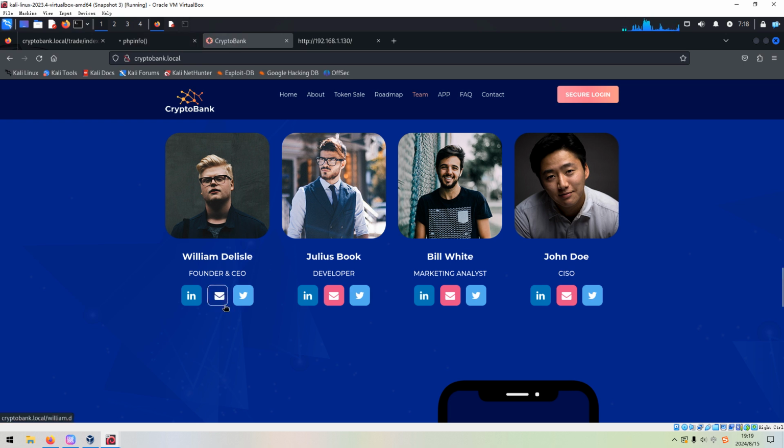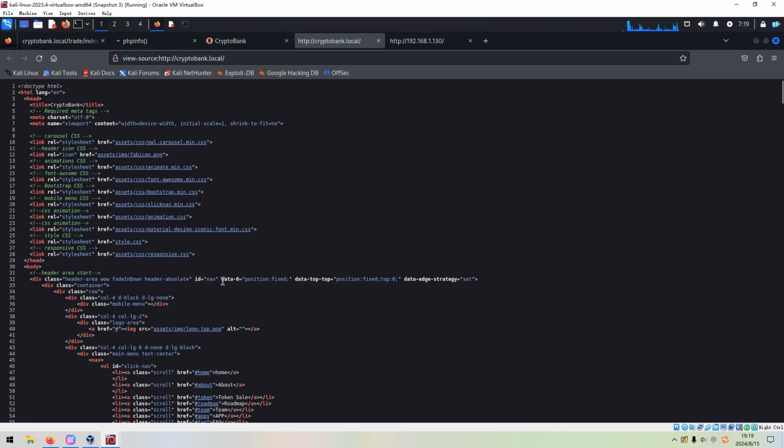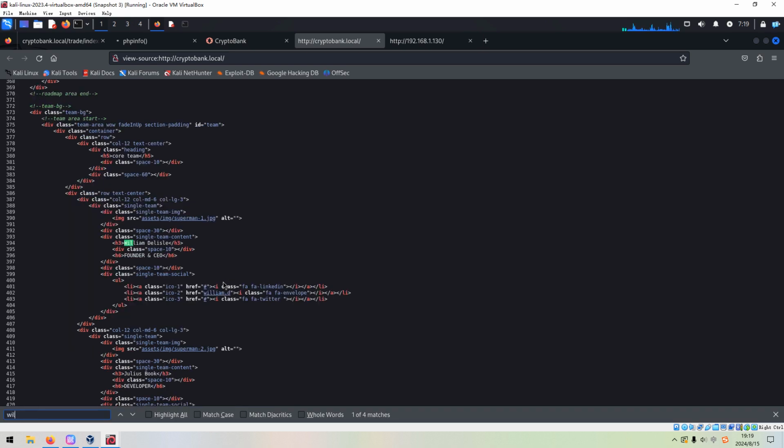I think it would be better to include all of the username or possible username information, and we can open up a new tab, and we can search William, and this should be the username.